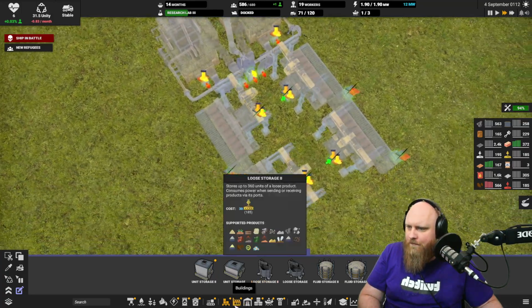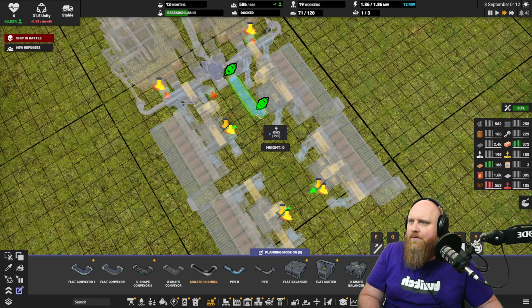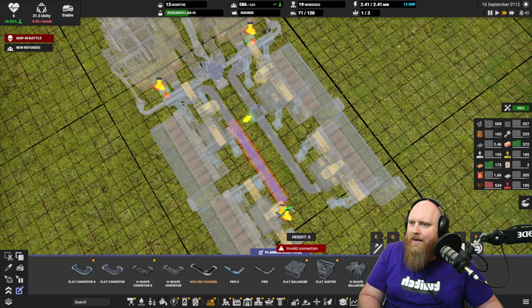Good. That does mean that we need to connect up this molten channel with this part and this part with you. And same over there. You go in over... Well... That kind of worked. And...